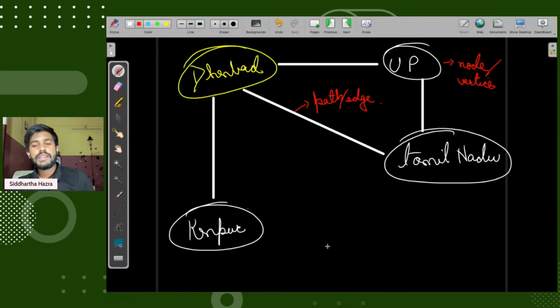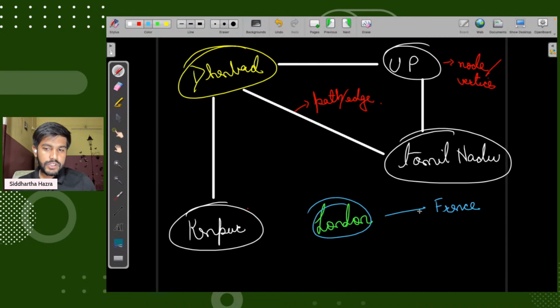But suppose there is one more state. Take the example of London, which was provided, and this one as France.